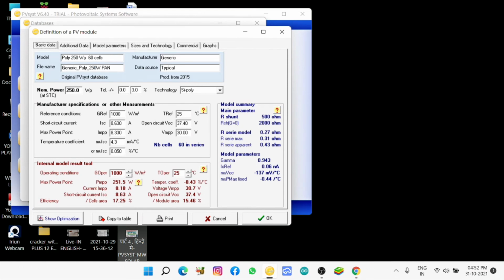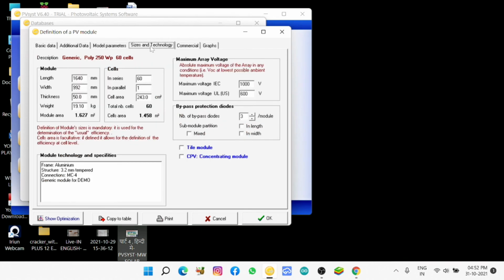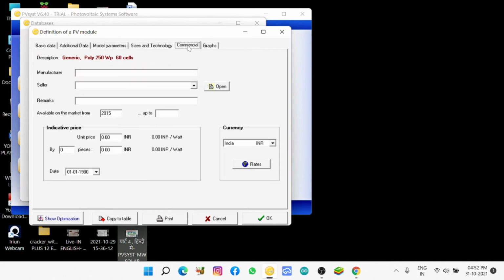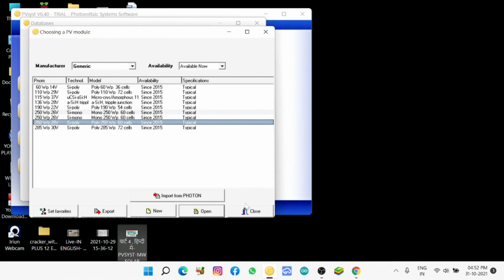Now this is the result for panels, model, like this. So just click, go ahead. You can write the manufacturer here. Solar here, open, select. So, as per your own choice, whichever is better, what is available in your country, accordingly you can fill.